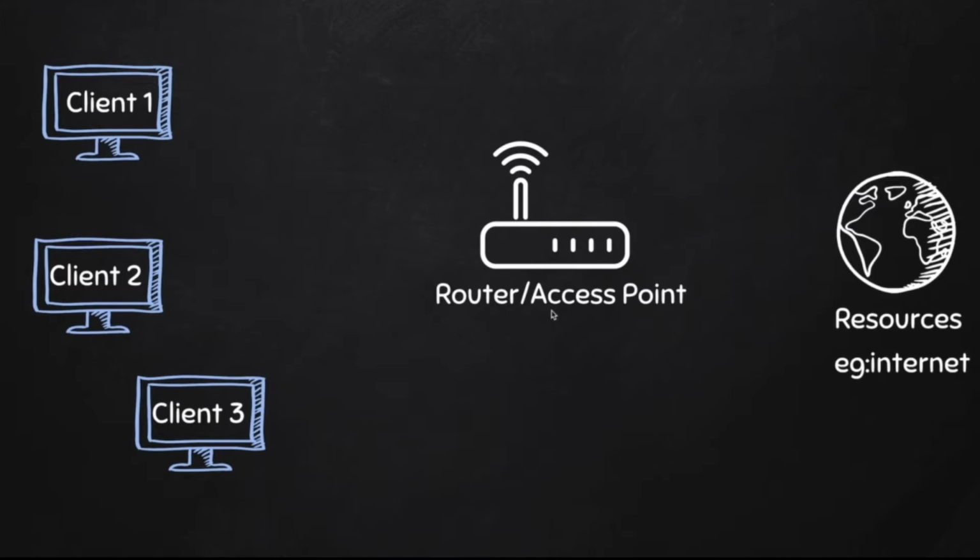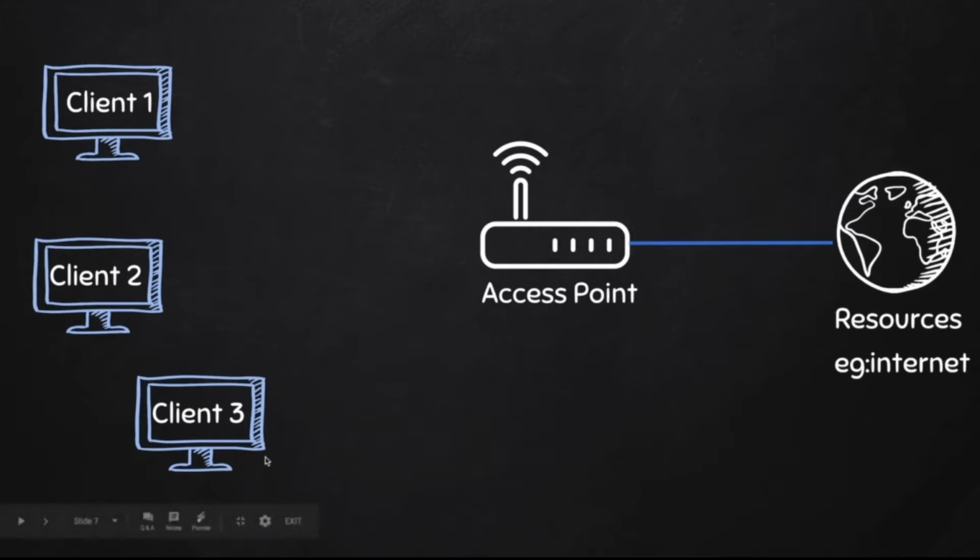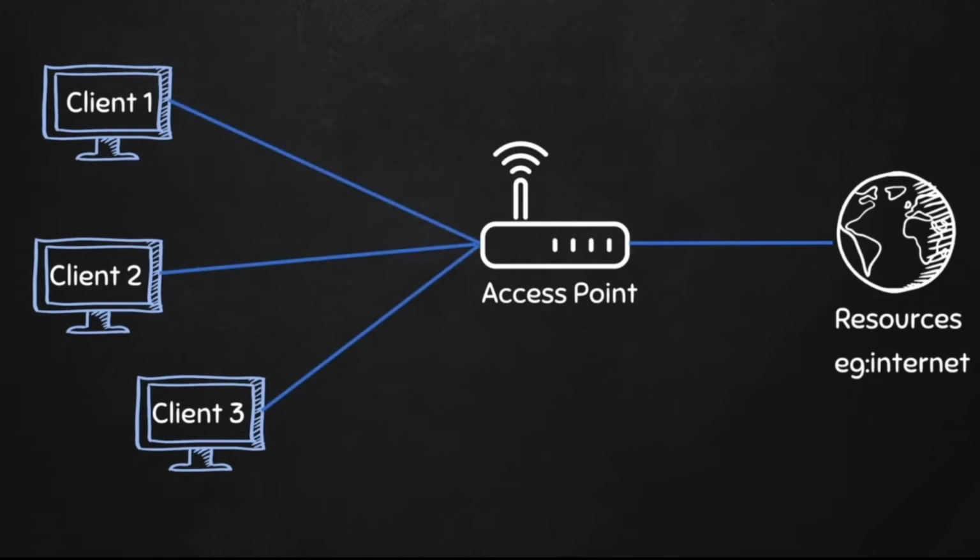Okay, next is the access point. This is the one which will have direct connection to the internet. So your clients will not have direct access to the internet. For example, a Wi-Fi router. If you want to connect to the internet, you should connect to your Wi-Fi router and your Wi-Fi router will be connected to the internet. Or for example, Airtel SIM or Jio SIM, you don't have an internet connection. Airtel and Jio have direct access to the internet. So if you want to connect to the internet, you have to use their SIM and recharge to use the internet directly. So you are using Airtel and Jio as the access point, or you can use the Wi-Fi router as the access point.